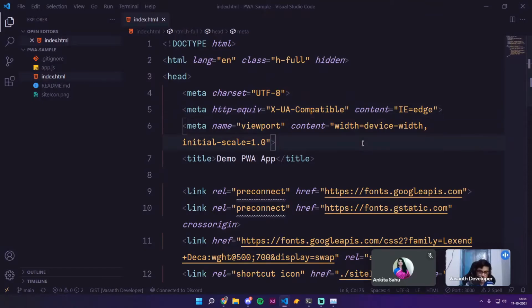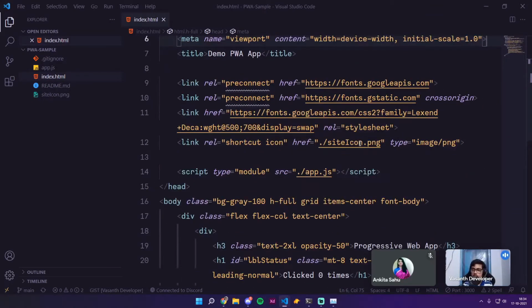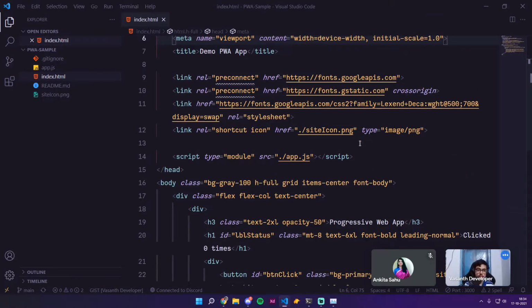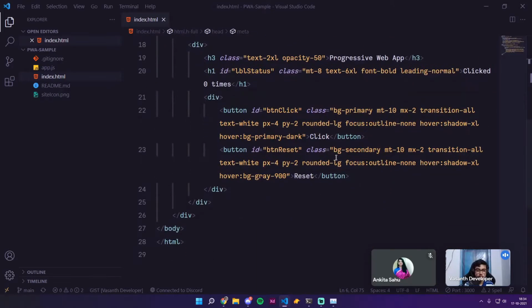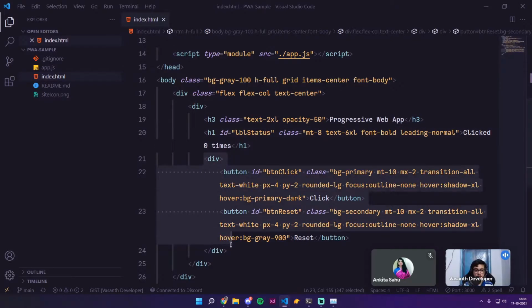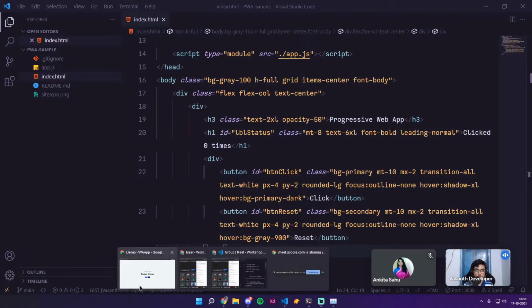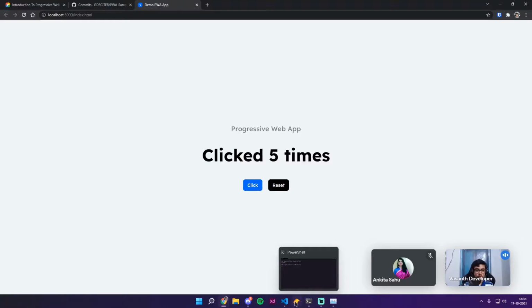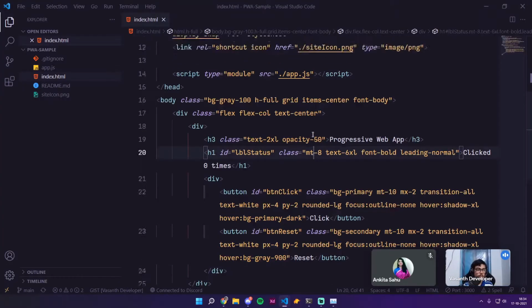This is just bare HTML. I am going to reduce the font size a little bit so that it's legible. So these are all the elements. We have an h3, an h1, and a simple div with 2 buttons. Yeah, really 2 buttons. Cool. So let's look at